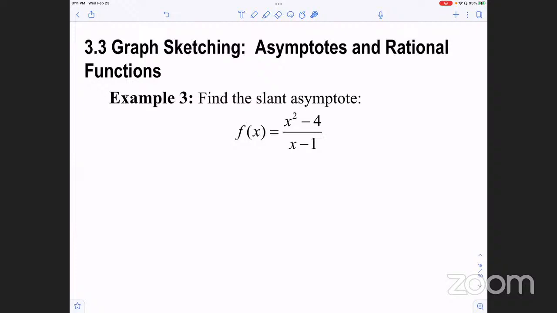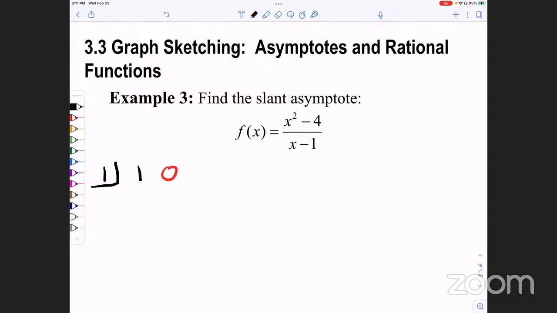So whenever the degree of the numerator is larger than the degree of the denominator by 1 degree, as in this one, to find the slant, you can either do polynomial long division. In this case, we can do synthetic division. So I'm going to go ahead and do synthetic division. If I'm going to do synthetic division, the x value that makes 0 in the denominator goes in the chair. So we're going to put 1 in the chair. And then we write the coefficients of the numerator, right? We need to make sure that every power is accounted for. We started with the degree 2, so we need a placeholder for that degree 1. So the coefficients are going to be 1,